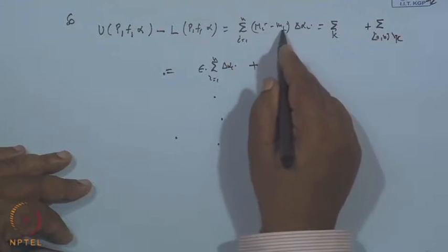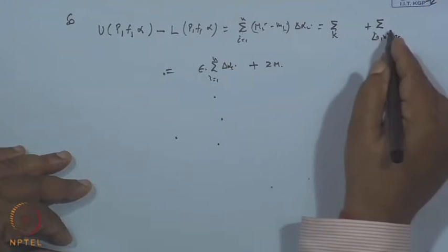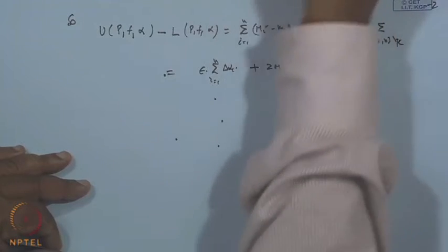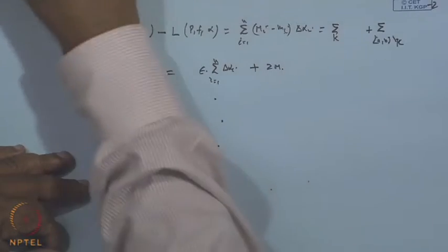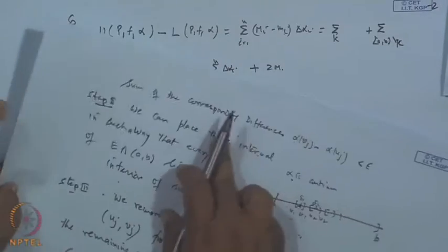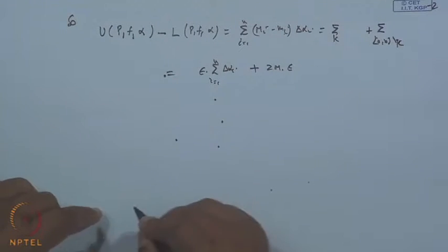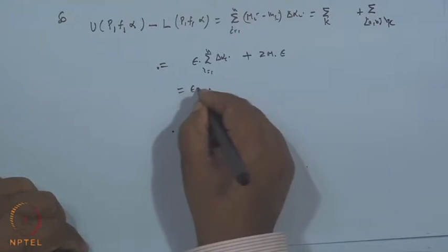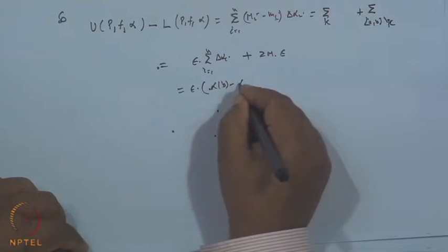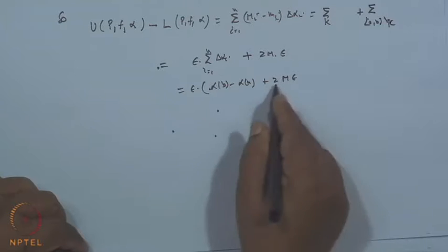So, M_i plus m_i is less than or equal to 2M, and since the sum of those delta alpha_i is less than epsilon because of the continuity, we get from here that this part will be epsilon times (alpha(b) minus alpha(a)) plus 2M epsilon,